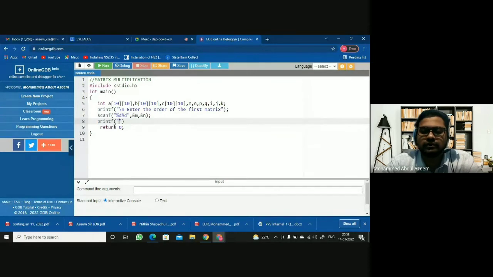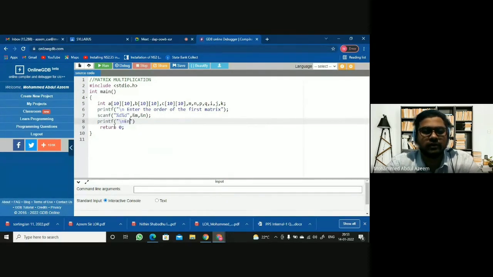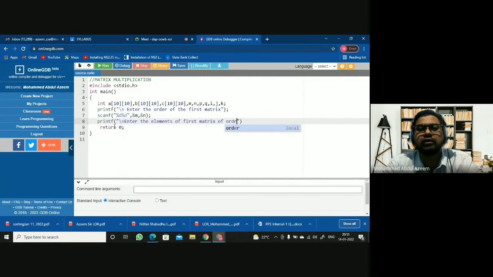Fine. So here you're reading the elements of the first matrix. Enter the elements of the first matrix of order what?